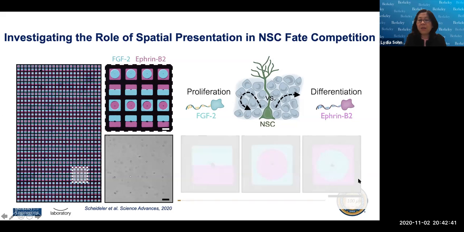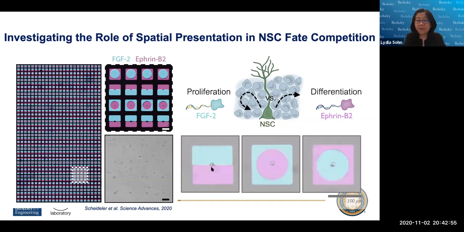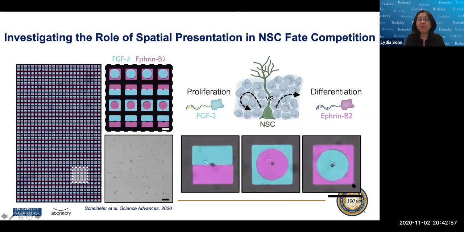Now, what Olivia had done was to essentially take images every hour of these neural stem cells over a course of 4 days. And this is just a combined picture or image of these neural stem cells. You can see that they're extremely active. They're dividing. They're feeling their entire